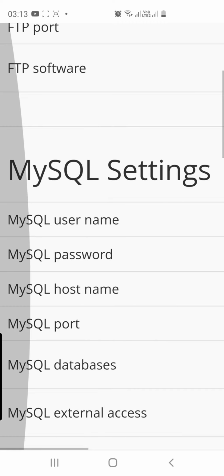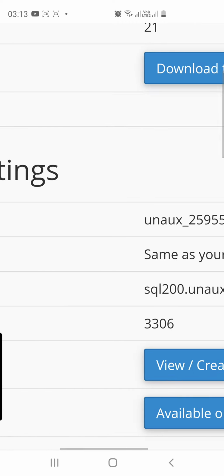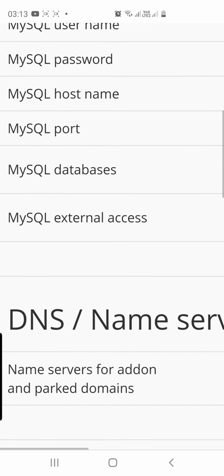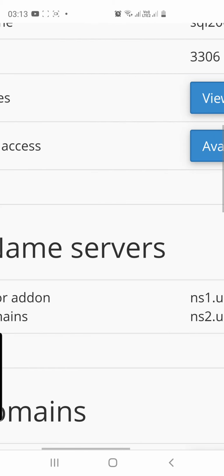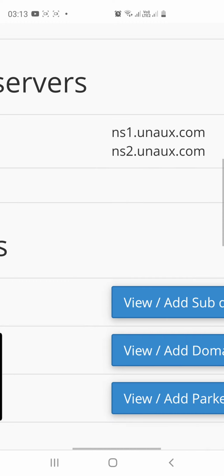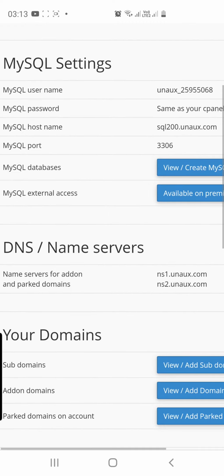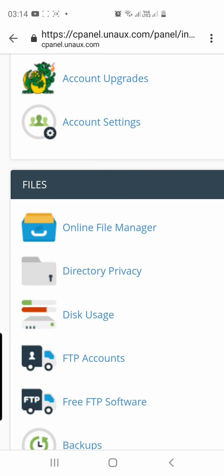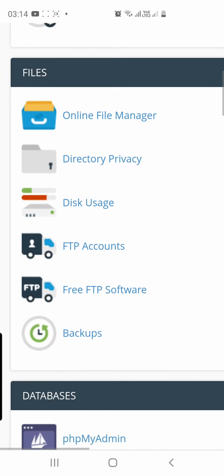MySQL details, what is your MySQL, if you want to do it. MySQL basically is a database. Again, these are all the details you have about MySQL and DNS, as I talked about, NS1, NS2, and your subdomains. If you want to create some new subdomains, you can use the add subdomains option and do that. So these are the few things I want to show. Going back again, file manager is where, if you have multiple files, you want to manipulate them, manage them, add, and disk space, disk usage, depending on the content you are using. All those FTP accounts I have just gone through.